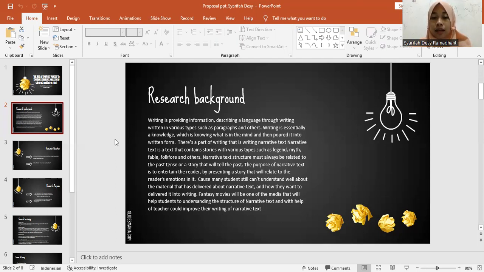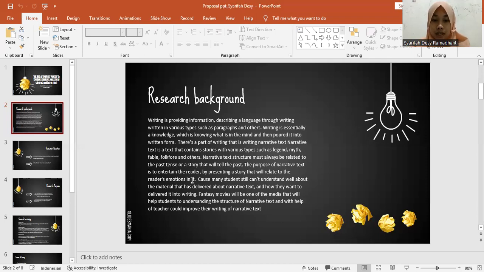Okay, narrative text structure must always be related to the past tense. So narrative text has a special characteristic, that it tells about the past. So narrative text requires past tense as its structure. The purpose of narrative text is to entertain the readers by presenting a story that will relate to the